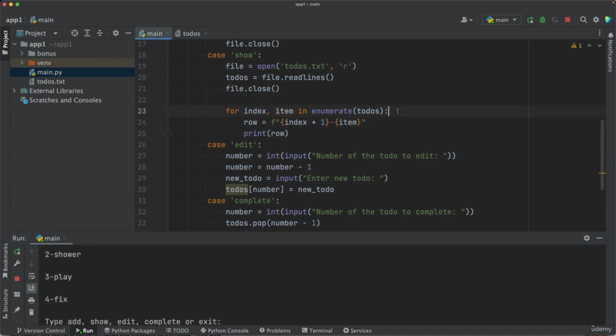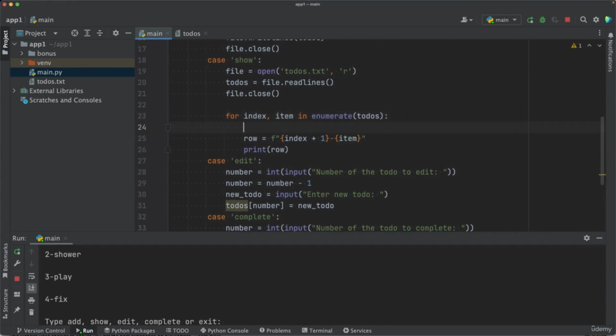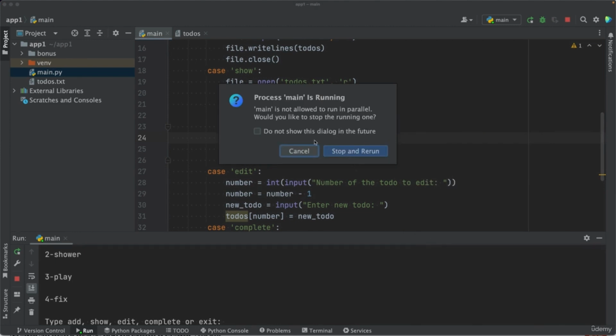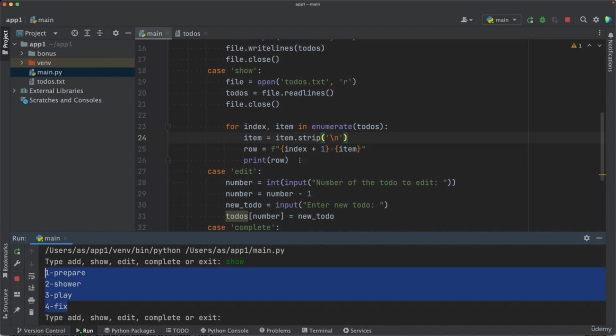And then what you could do is you want to override the item variable. You could do something like item is equal to item.strip, and then here you place \n, and then this item here will be the new string without the \n character. So let me try this solution as well. And here we go. So I suppose this was a simple solution, but this was a good opportunity for you